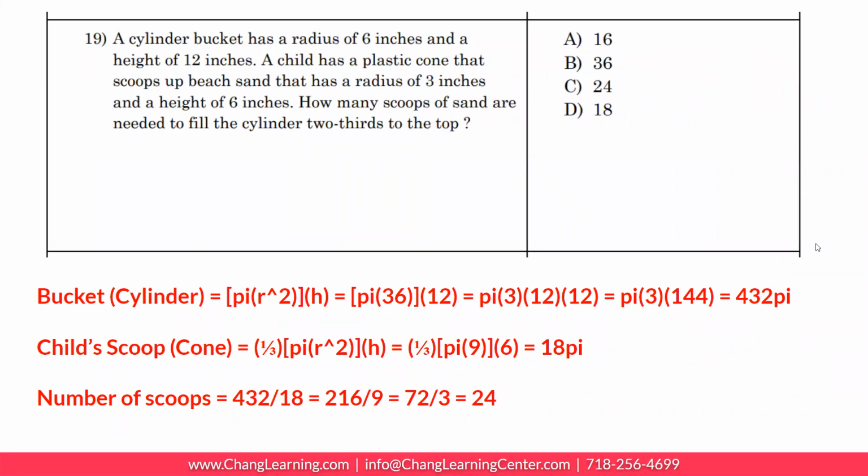Question 19. A cylinder bucket has a radius of 6 inches and a height of 12 inches. A child has a plastic cone that scoops up the beach sand that has a radius of 3 inches and a height of 6 inches. How many scoops of sand are needed to fill the cylinder 2/3 to the top? Well, for this question, find the volume of the bucket. The bucket is the base shaped, which is a circle, pi r squared, times its height. So that'll be pi times 6 squared, 36 pi, times a height of 12. We get